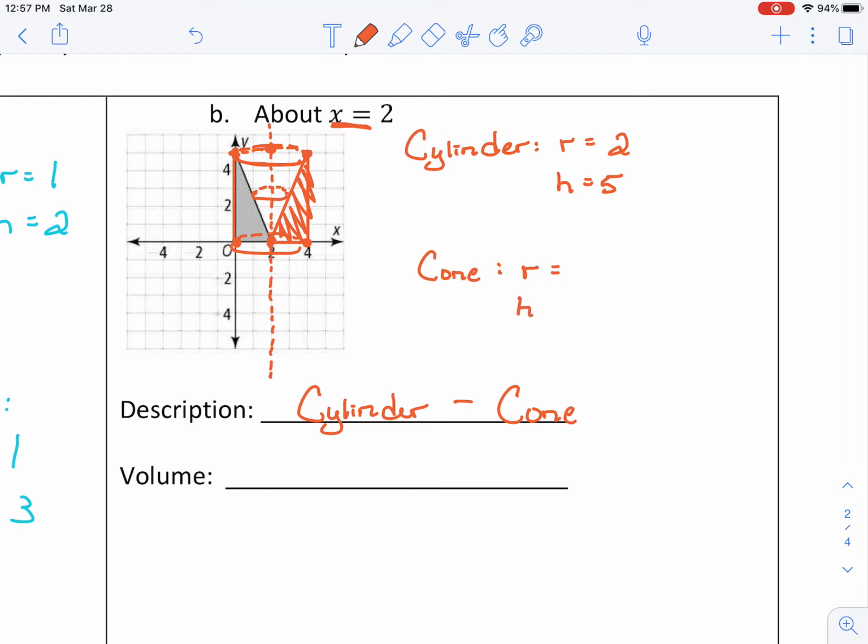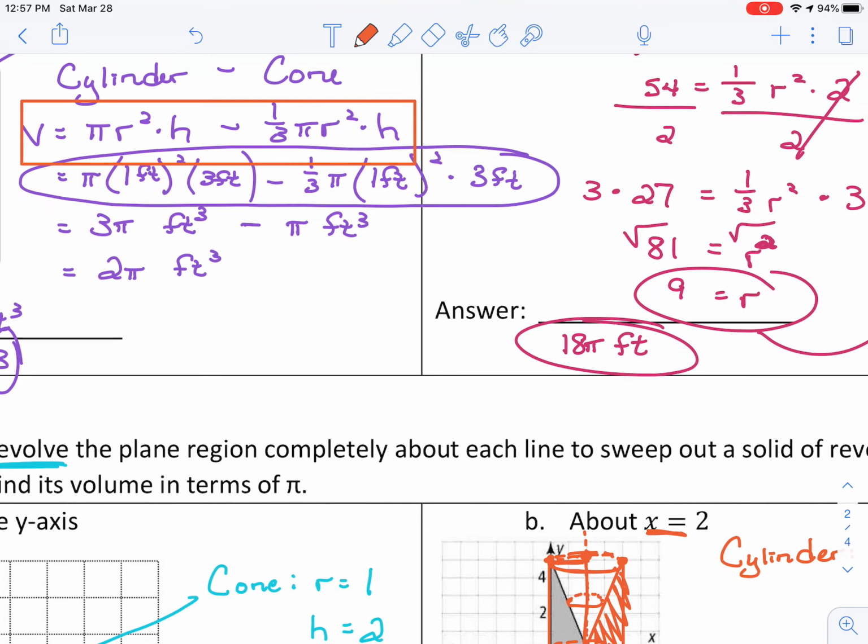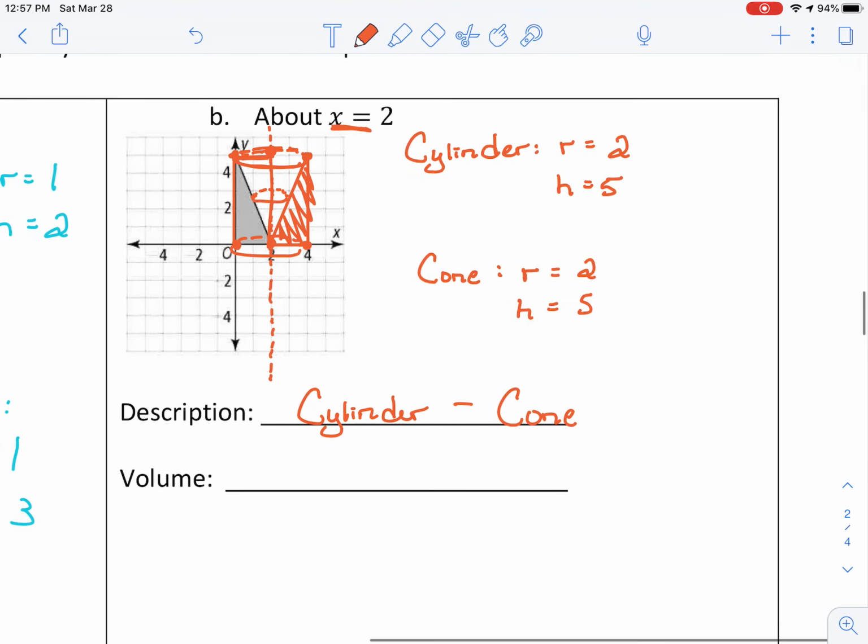Nice thing, the cone has the exact same radius and height because it's been carved out of it. So this cone also has a radius of 2. This cone also has a height of 5. So really you're just typing it into this. Let me actually find it for you. I keep lying to you saying I'm not going to do it, and then here I go doing it. If you're wanting to check your answer because you're really ambitious or bored, you should get 40 pi over 3